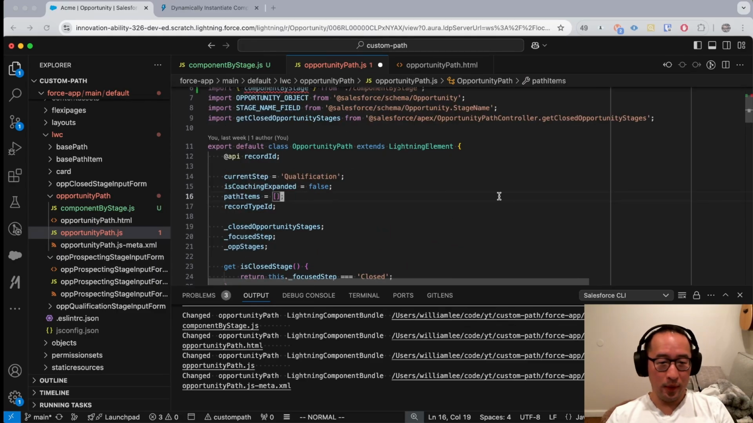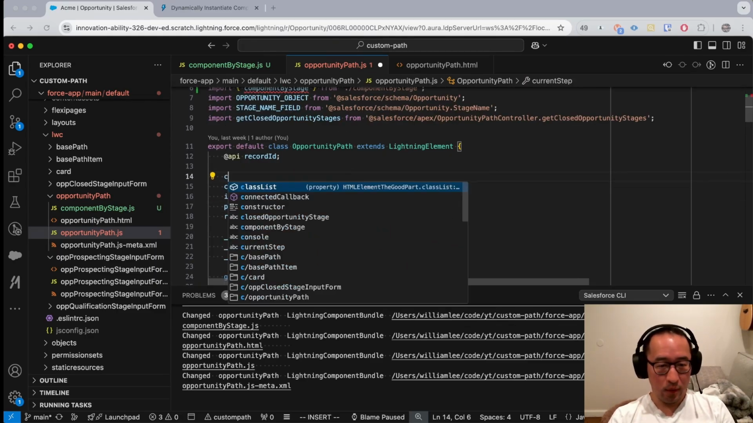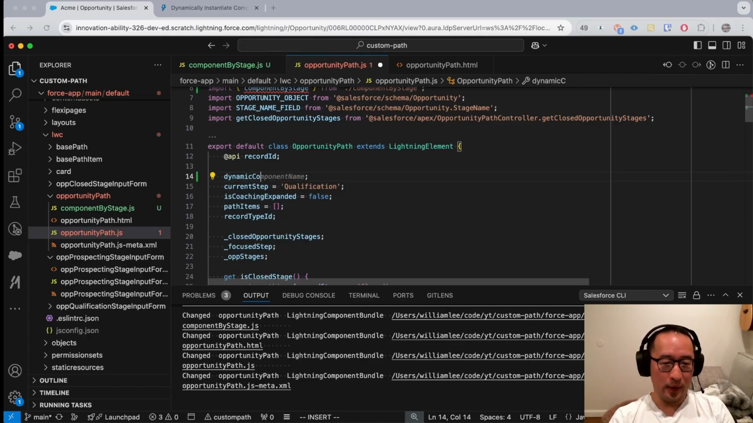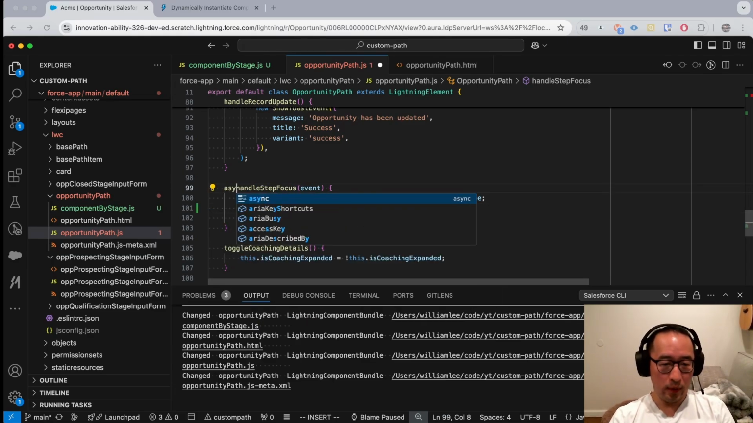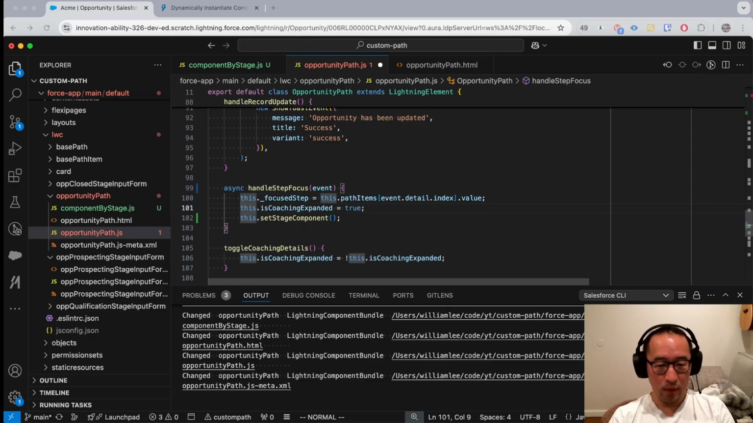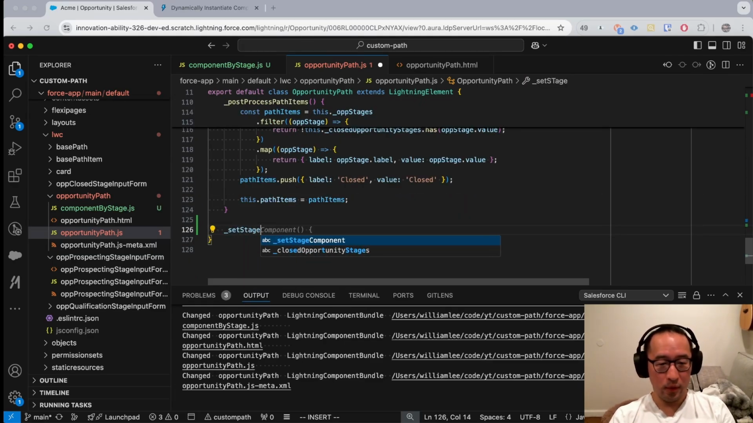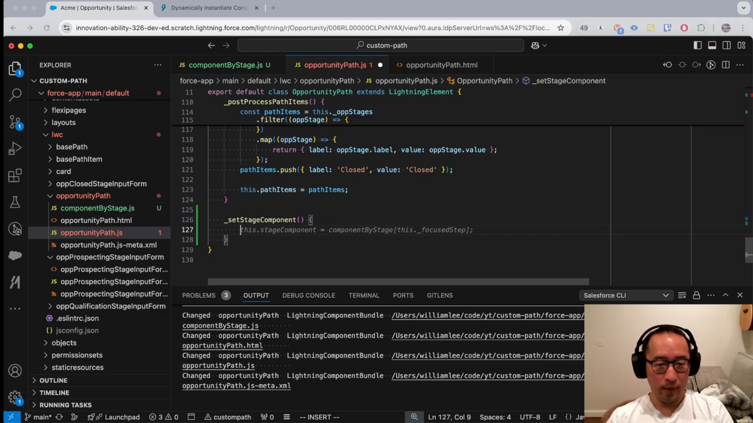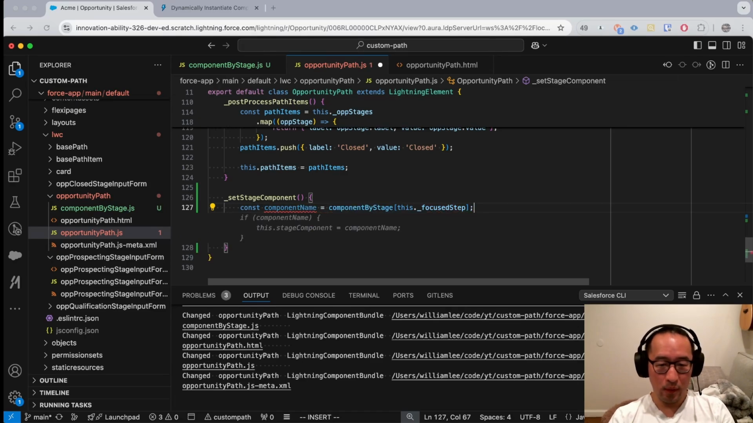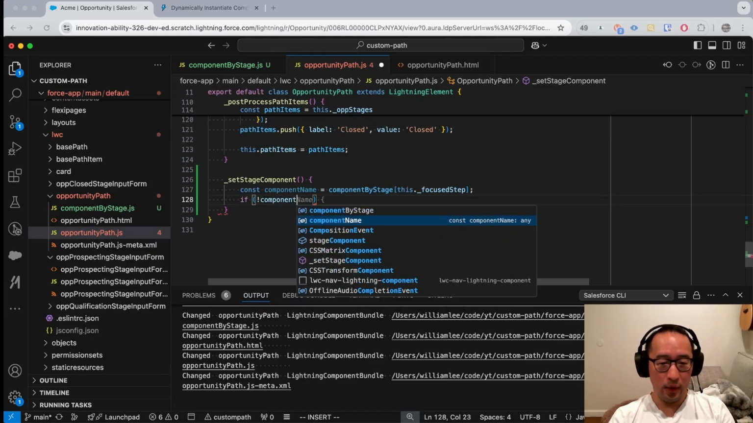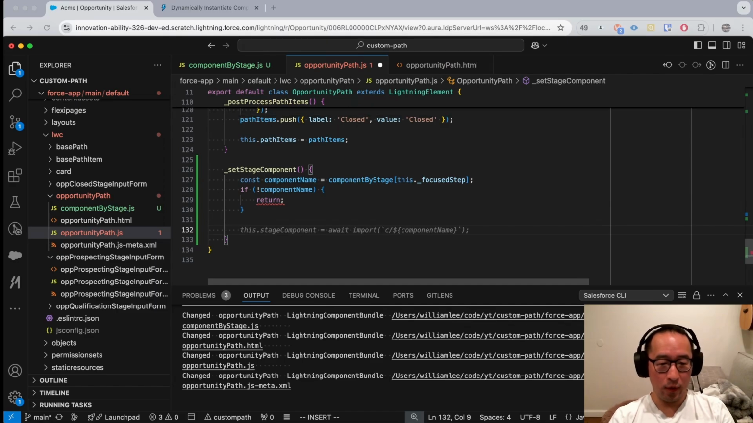So I could have a component up here, right? Maybe this should be dynamic component. Rendered component. Stage component. Yeah, maybe stage component. So this will be set stage component. This will be async. This will be set stage component. I have, this will be const component name. If not component name, then just return for now. Otherwise,